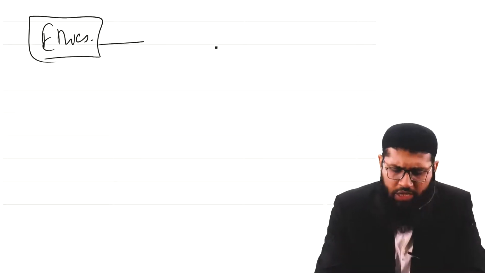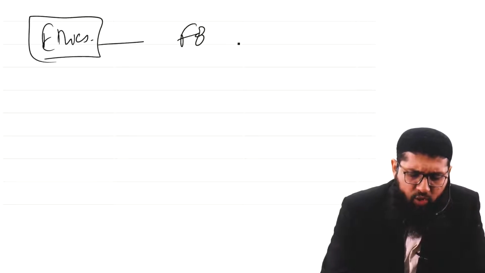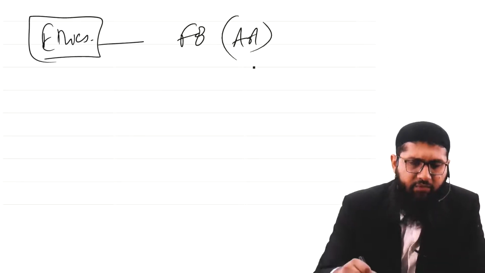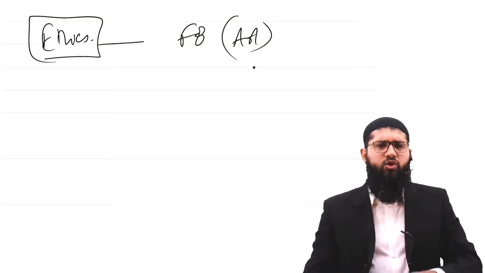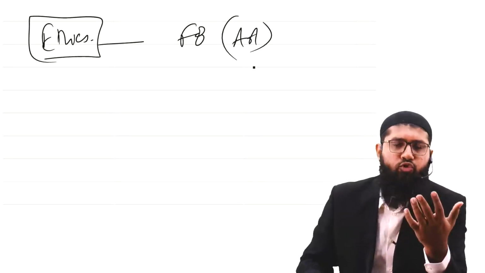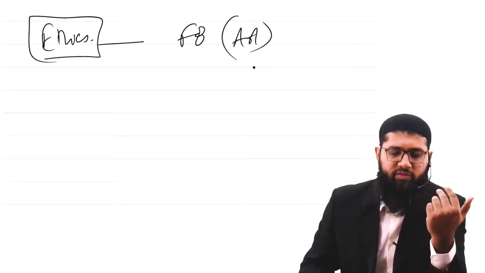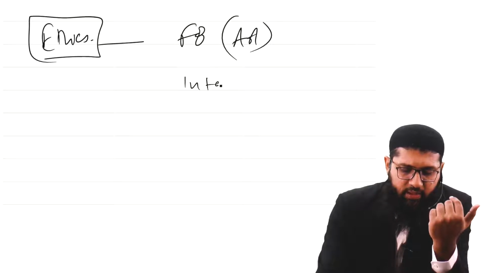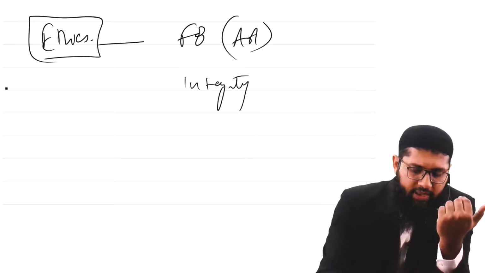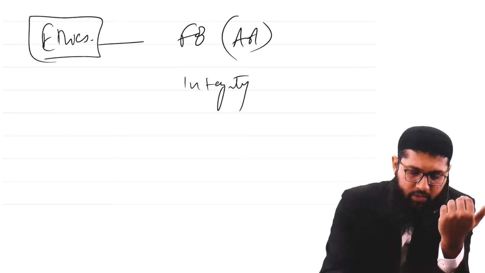Now, you have already studied the code of ethics at the F8 level, which is the audit and assurance level, and you already know that there are a few fundamental ethical principles like integrity, like objectivity,